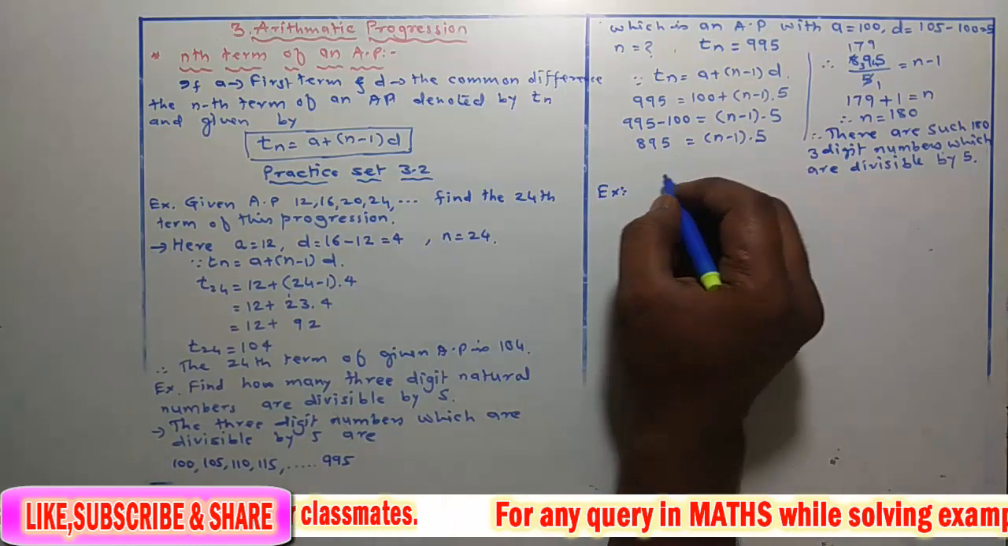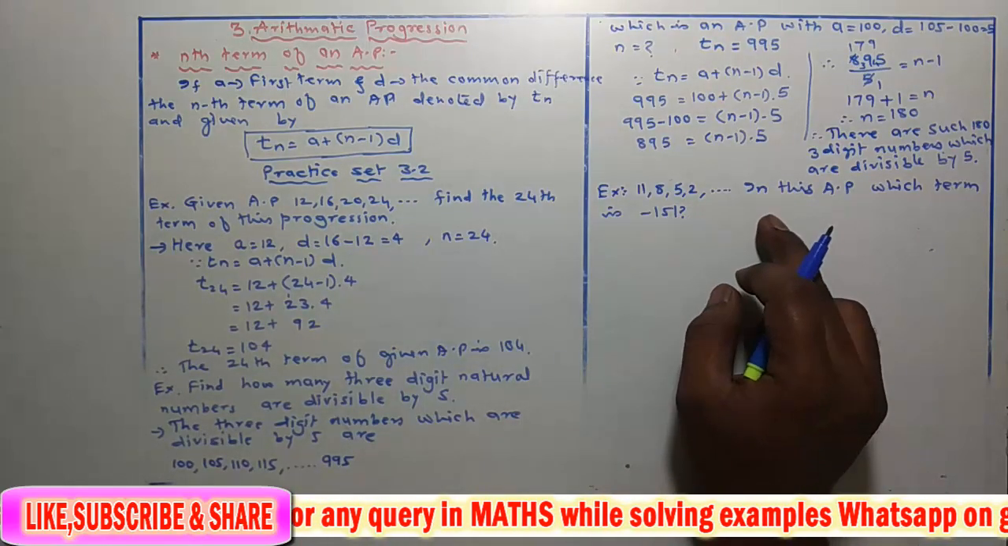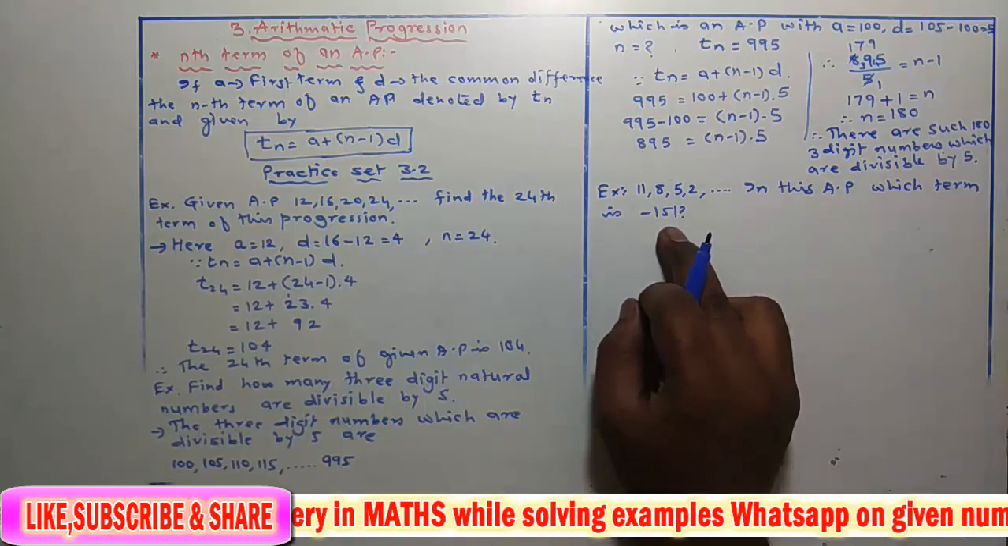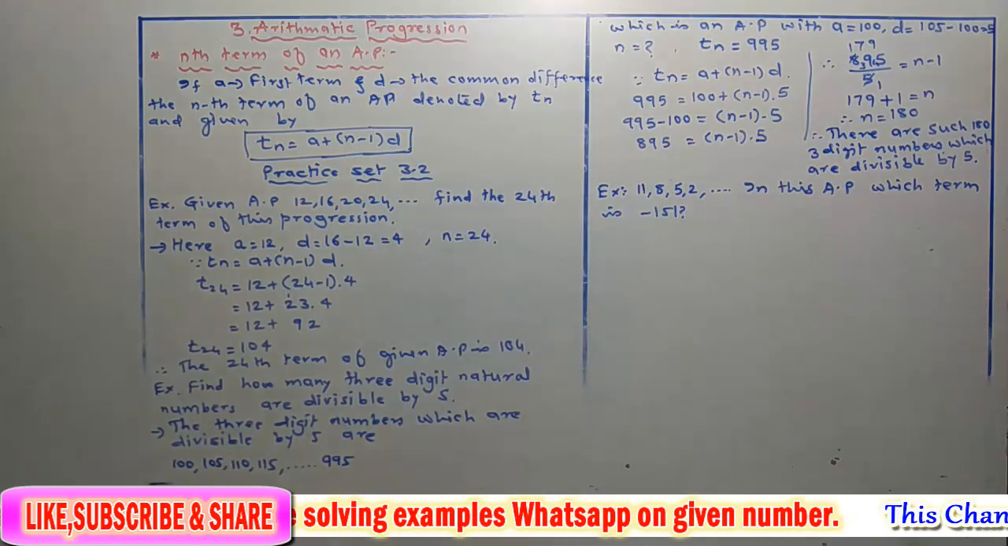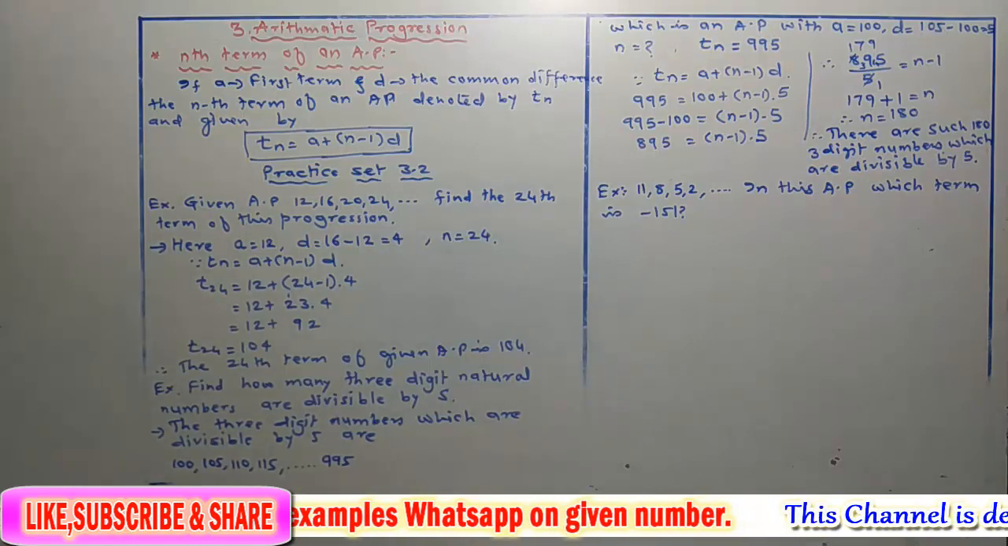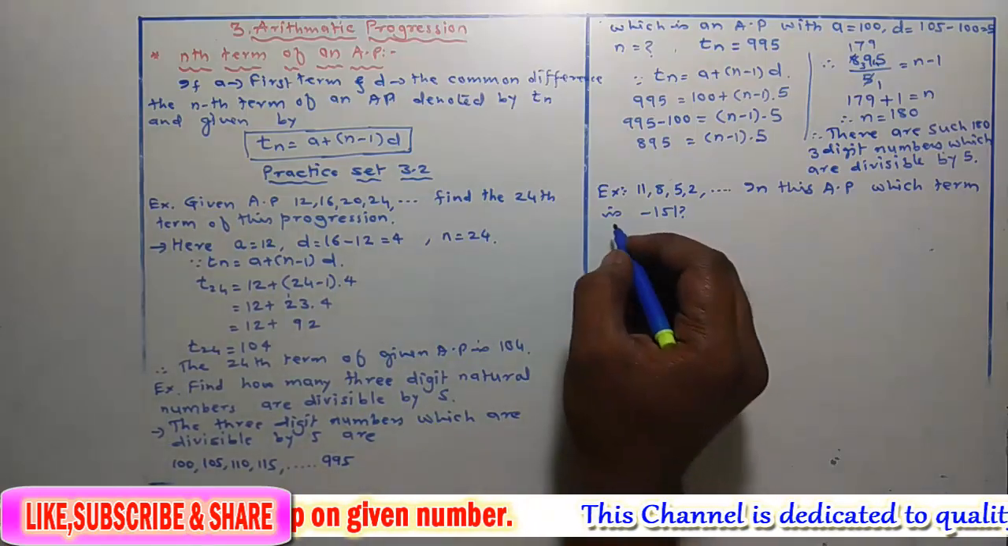So this is the third example I took here. 11, 8, 5, 2 and so on. In this AP, which term is minus 151? Which term? If we keep writing like this, at which position will minus 151 come? That term we have to find. Which term? Okay, so here